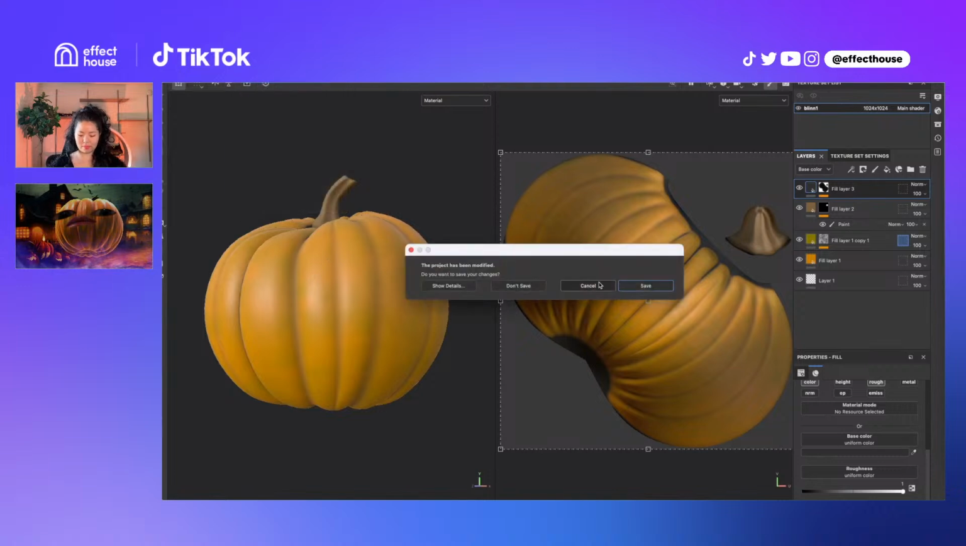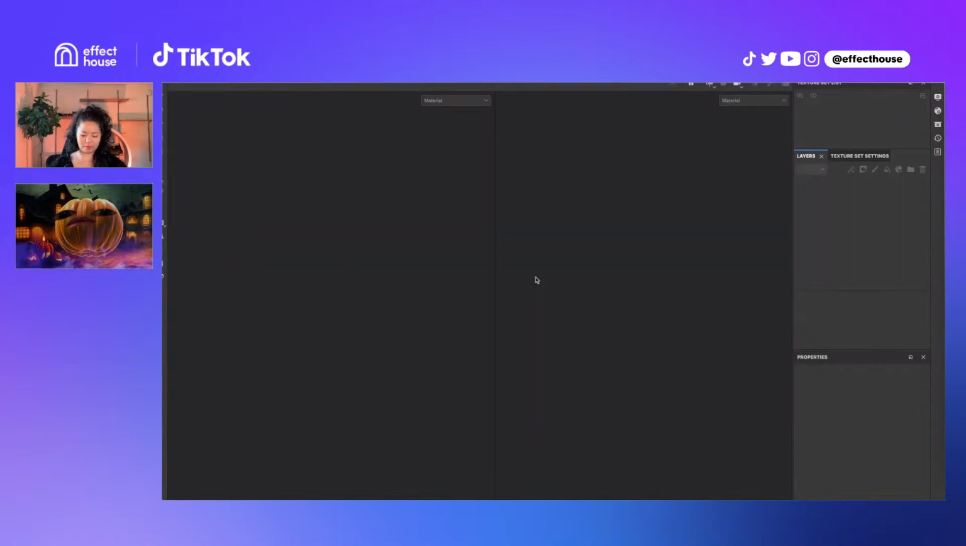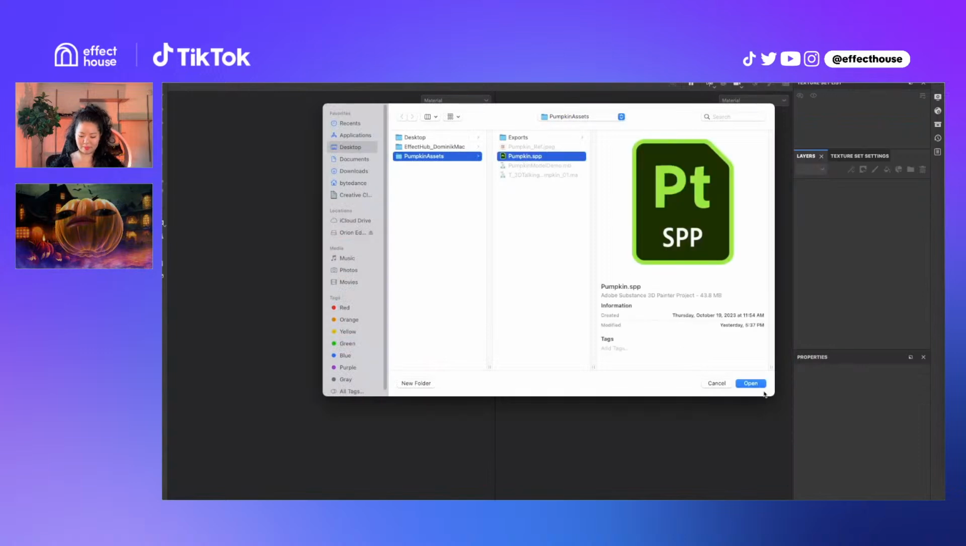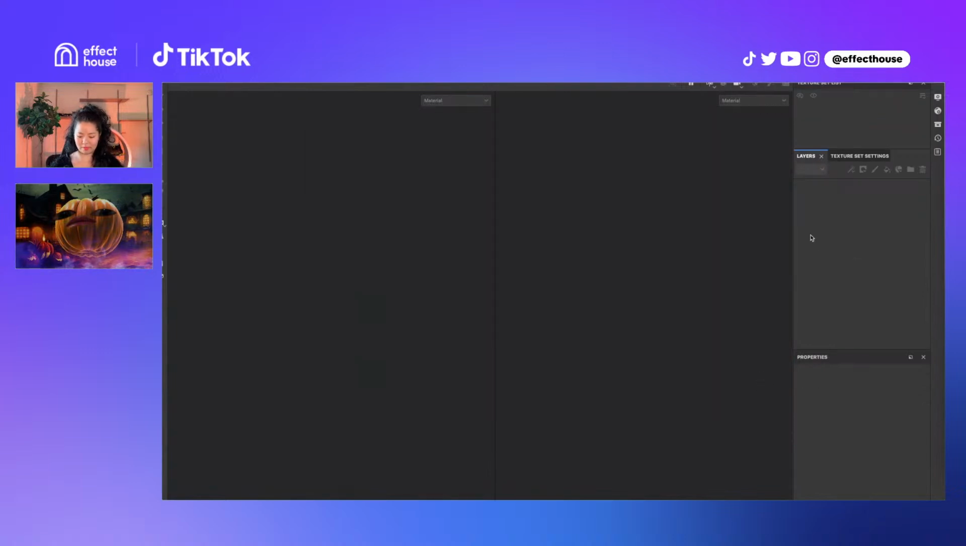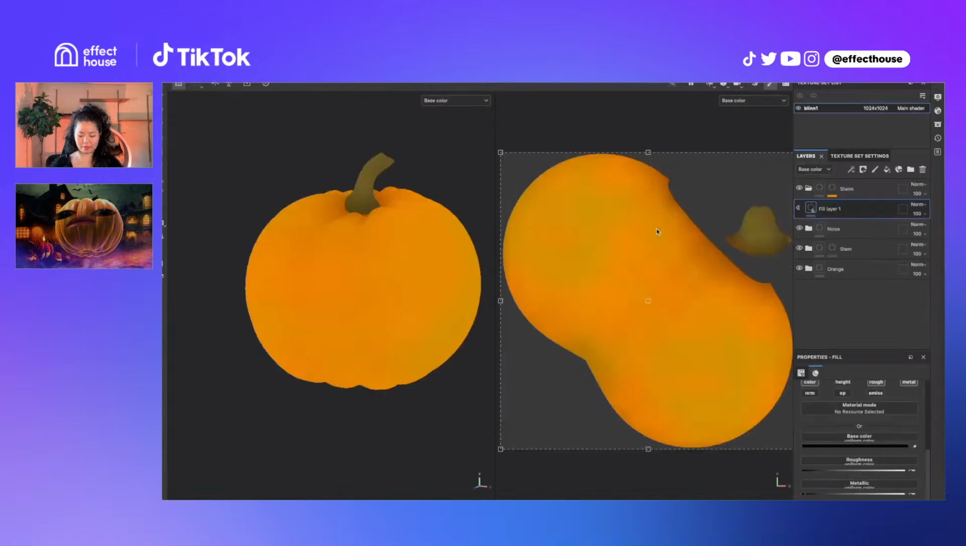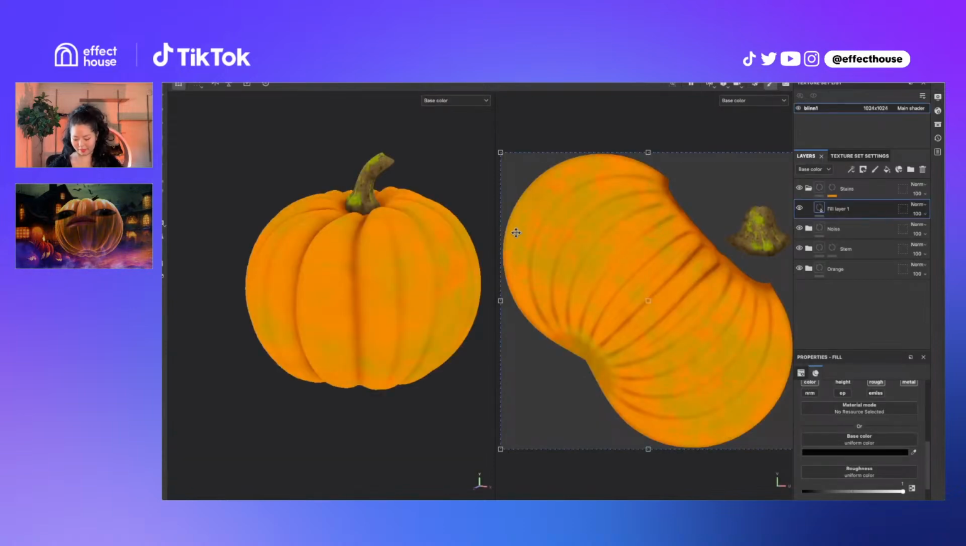It's really about knowing how to build it up and knowing what you want to achieve. Like, I'll show you what we ended up with for the pumpkin. It's only a couple of layers. Right? So this is